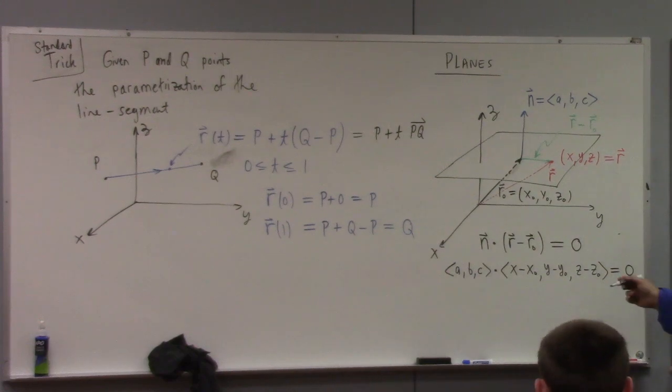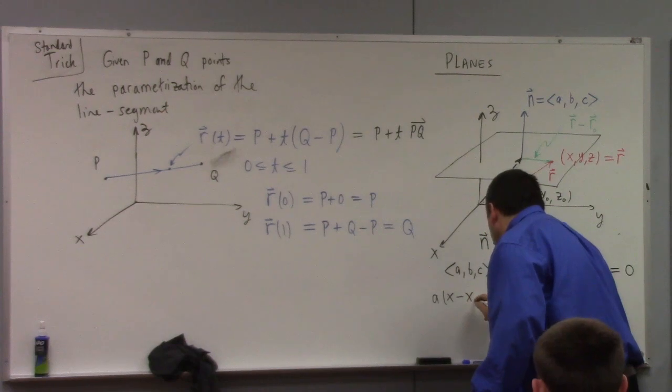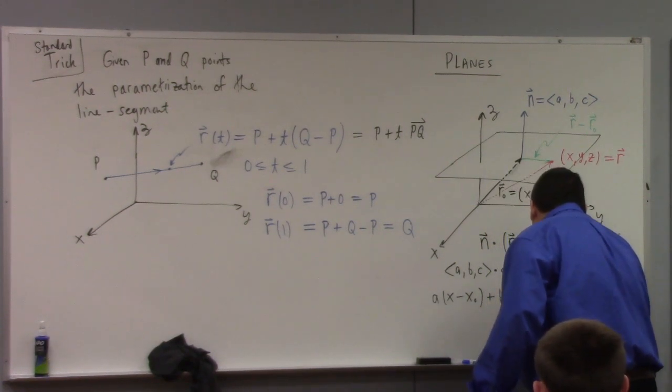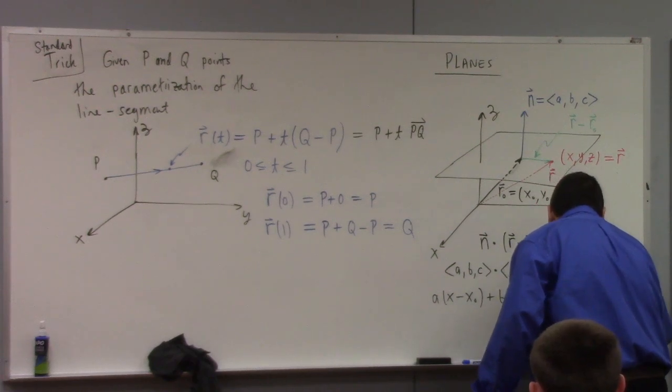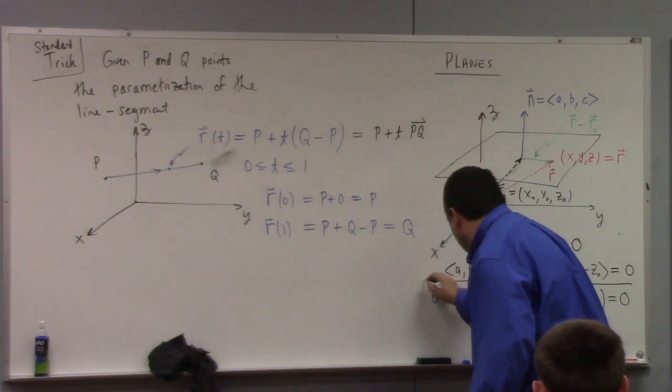Let's actually work this out. This is A times x minus x naught, plus B times y minus y naught, plus C times z minus z naught equals 0. And there you go. That, my friends, is